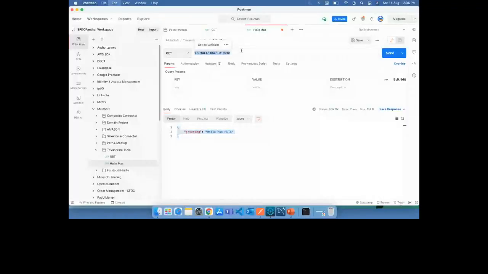I will copy this URL, go to the browser. I got the public URL. I'll hit enter. You see that this is what I've got. And now I will need one volunteer here. I'm putting this in the chat window. Any one of you can try this URL and you will be able to see that message in your browser, no matter whether you are connected to my network or not. If you could try and confirm whether that is working for you or not, I just put the URL in the chat window. You can open that URL and tell me if you are able to see the response or not.